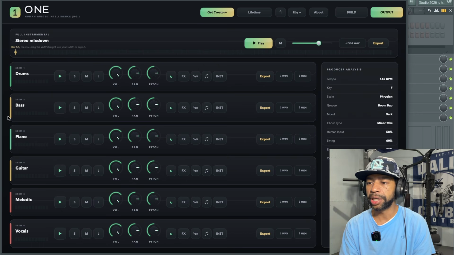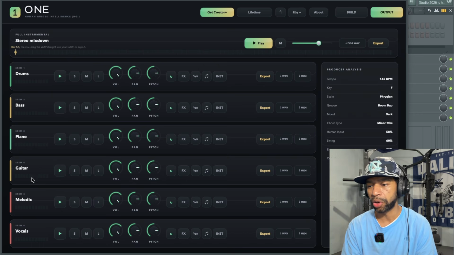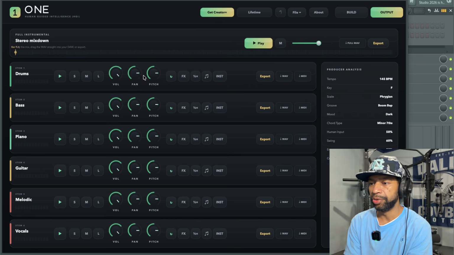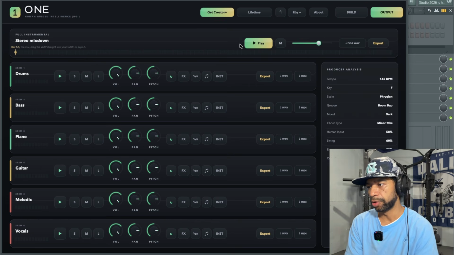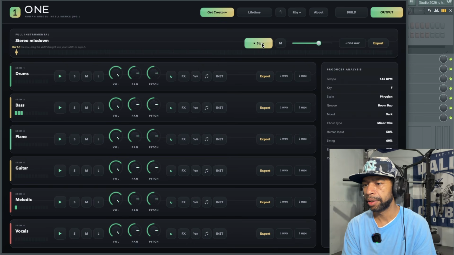But once you get your sound up here, you'll notice you'll get drums, bass, piano, guitars, melodic, and vocals. And then you can take it out with the volume, so on and so forth. So if I push play,